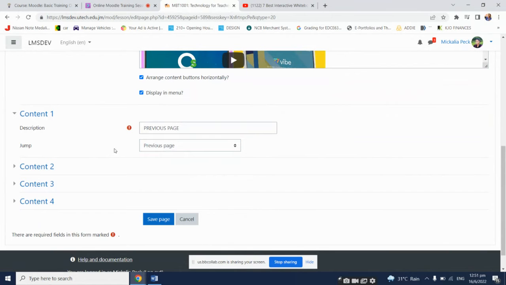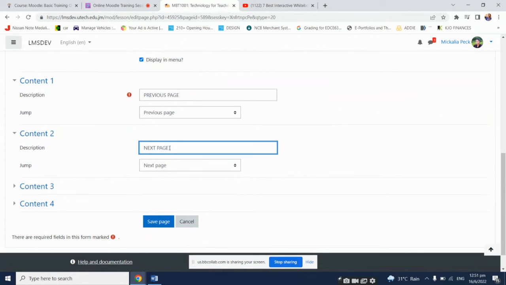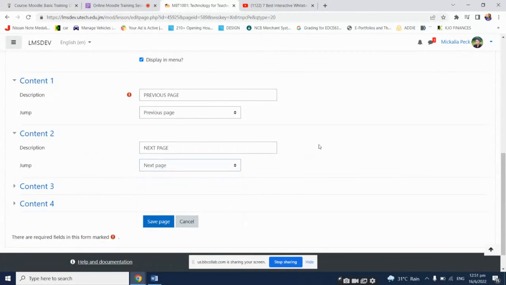All right, so under content 2, we're going to call the next button next page, and the jump would be next page as well. So don't get me wrong, you could add anything in the description. It's just naming the button. Let's say you wanted to call the button the actual name of the other page, like the topic of the other page. That is possible. Or anything else you'd want to put. It just needs to be clear to the student that once they click this, they're jumping to that particular page. All right, and then we click on Save Page